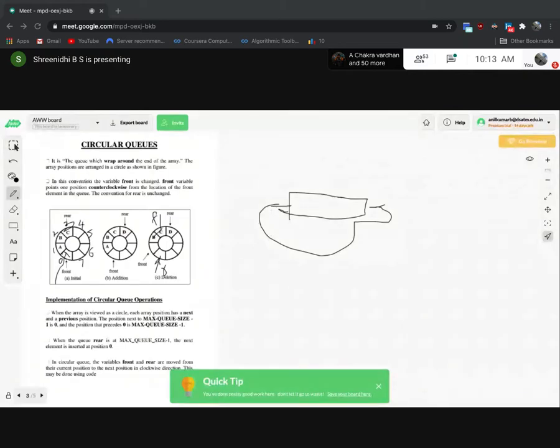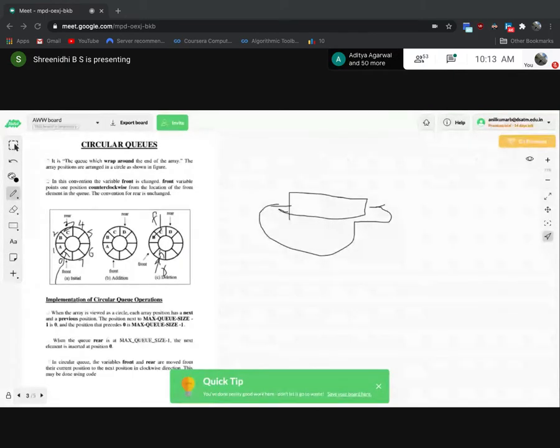So now if you insert the data, for example, rear is at the value H. If you insert the data, what is the index of our array? There is a question now.